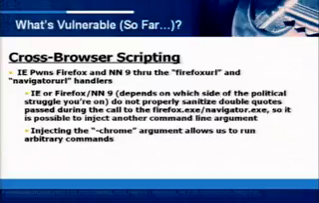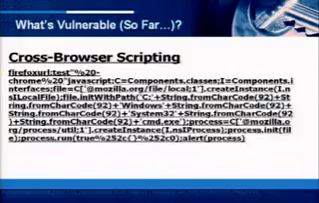So IE or Firefox and Netscape Navigator 9, depending on which side of the political debate you're on, they're having difficulty sanitizing double quotes that are passed in the URIs. So what happens here is during the call to firefox.exe or navigator.exe, respectively, depending on which URL you used, it's possible to use a double quote to close out of the current command line argument you're in and insert another command line argument. In this case, we're going to inject the Chrome argument, which allows us to use some fancy